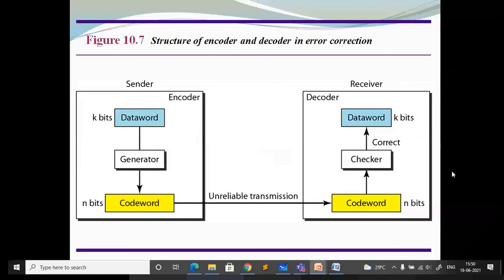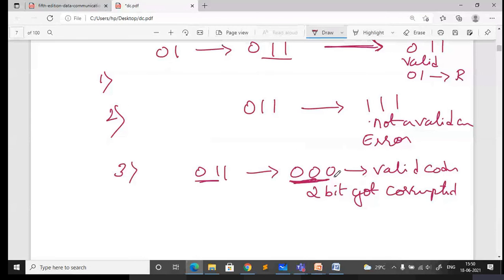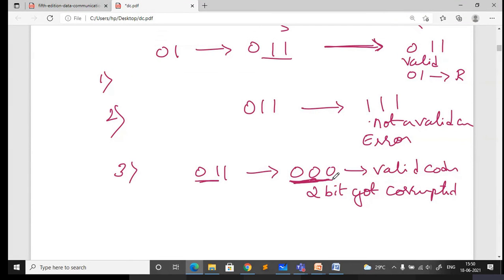Okay, ma'am, in that case, the receiver is going to receive the wrong data. No, it is not going to receive. I told you, no, it will be discarded. In this case, it received wrong data. But this is just a fundamental topic, the method I am explaining. In real time, we have some other advanced methods, so that in that case this problem may not happen. So you're going to learn all those methods.